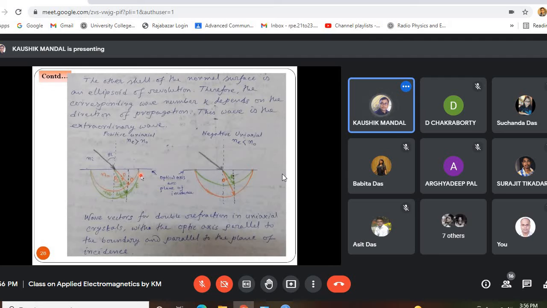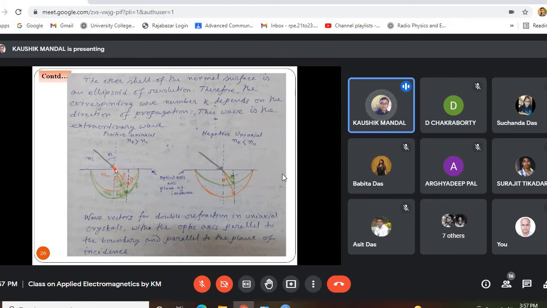Now you draw the corresponding birefringence phenomenon, the double refraction phenomenon, in case of a positive uniaxial crystal. This is your incident wave over this boundary line or boundary surface. This is the isotropic material. This is the anisotropic material. In the anisotropic material, we are considering the case of a positive uniaxial crystal. So we first have to draw the normal surface. It consists of one spherical shell and another ellipsoidal shell.